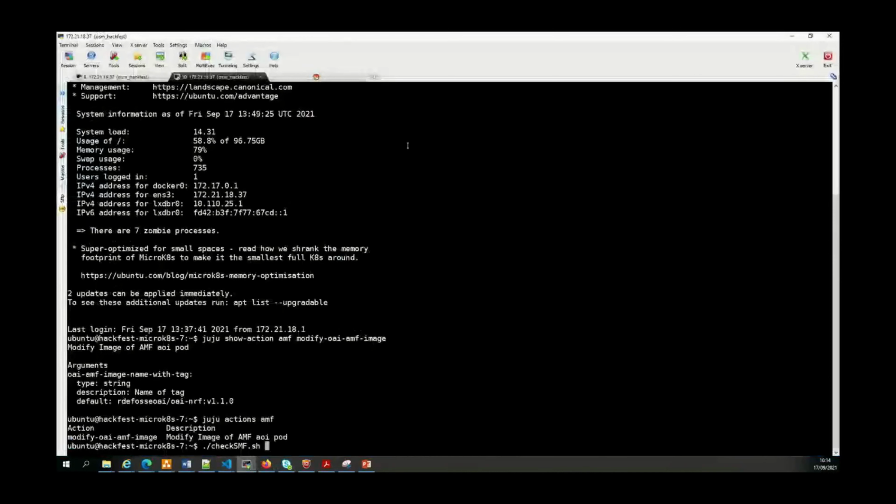So when you do that, you can work on your charm and then build the charm with Charmcraft and deploy it in Juju. And for example, with the Juju actions command, you can have a look at the action that has been added. So here you see that we have an action modify OAI IMF image. You can even